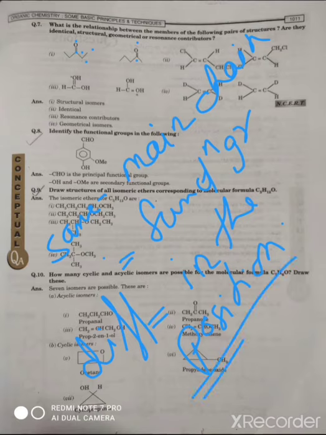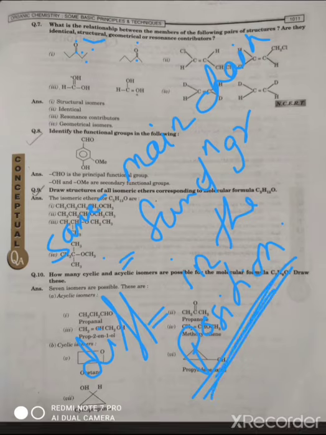So what do we call this? These are isomers because they have the same molecular formula. When you count the number of carbon, hydrogen and oxygen, it is the same. So these are actually isomers. But which type of isomers? These are structural isomers, because it is given in the question itself. We have to classify them as which type, that is, it is structural isomerism, and in particular we can say it is position isomerism because the position of the functional group is different here.